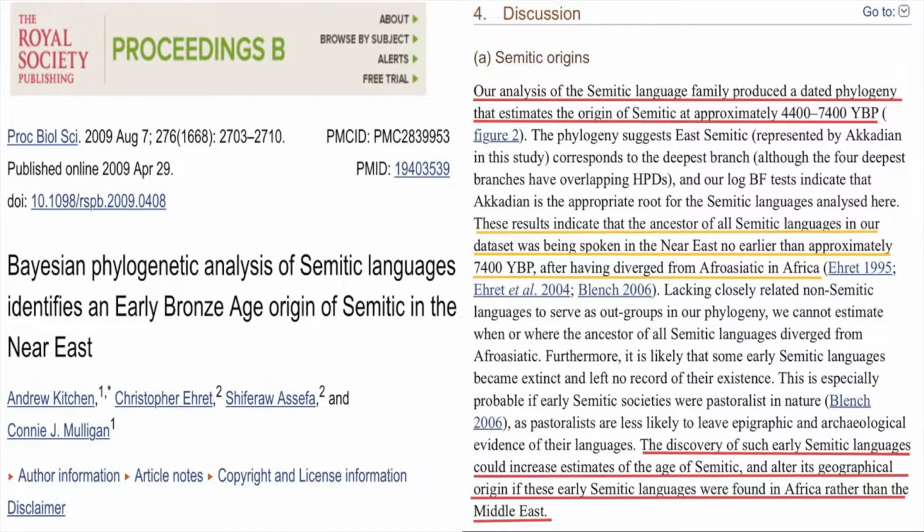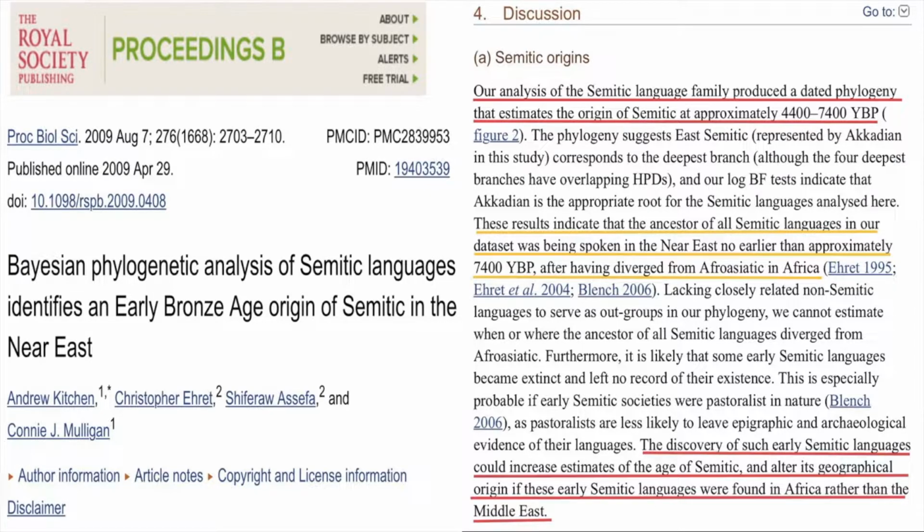So, as that book just said, Semites would have come out of North Africa, wave after wave of them, during the wet green Sahara period, going into the Middle East, specifically the Levant, and then going into Mesopotamia. The latest paper on the origins of Semitic languages seems to have a similar understanding of this. This is the Bayesian phylogenetic analysis of Semitic languages, which identifies an early Bronze Age origin of Semitic in the Near